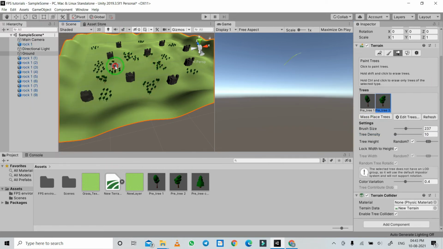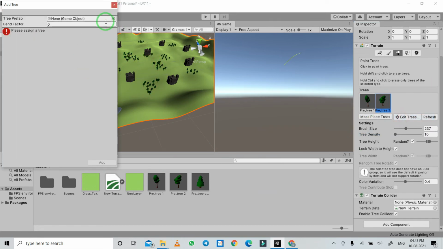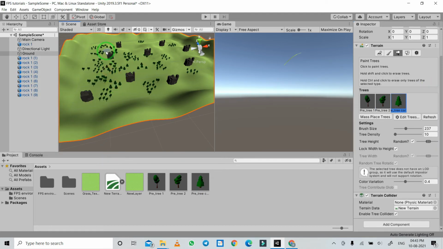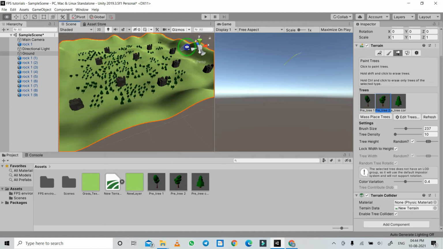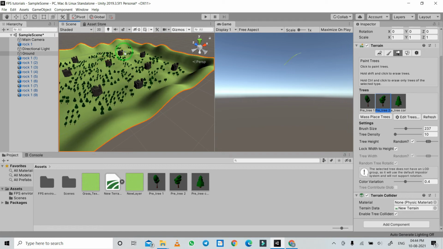And similarly I'm putting other trees, edit tree and then add tree. I've put those trees all over the terrain. I'm just randomly painting these trees all over the terrain.